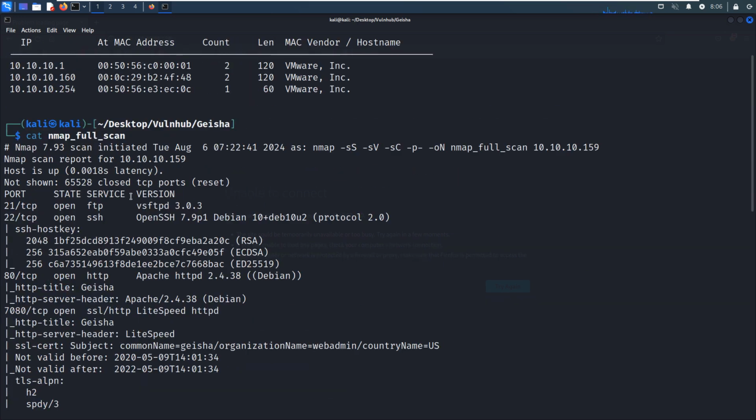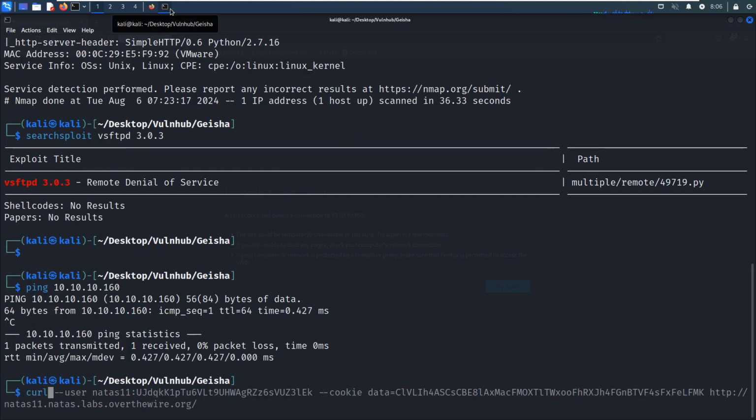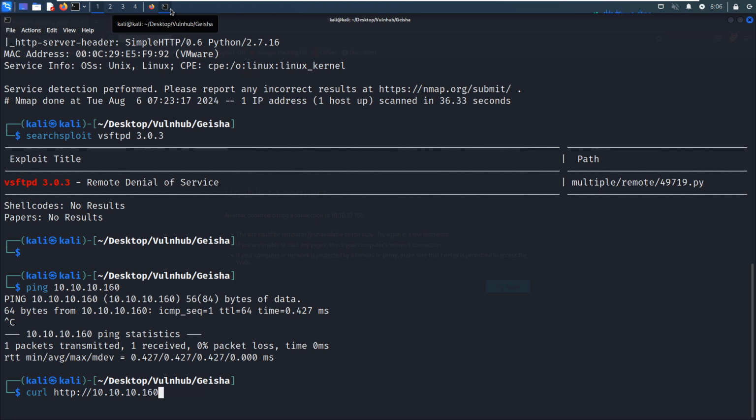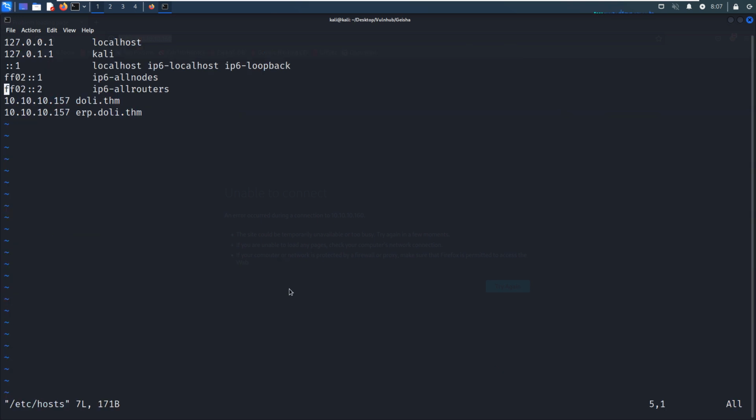It looks like this service is down. Very weird. So can we use the curl to access this, to connect to the server? Very interesting. And I'd like to check the hosts file.